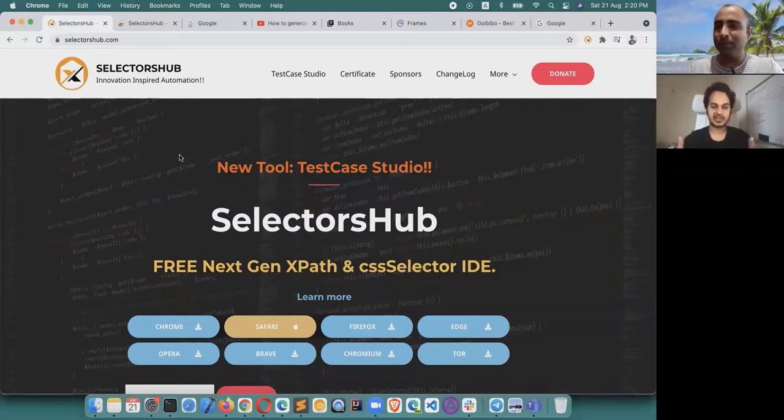This is actually a one-man army, SelectorsHub. I alone work on this, from the design, requirements, development, and testing to everything, with huge community support. People like you come and support on the design side and whatever support the whole community is providing. But on the development side, it is a one-man army. I'm alone working on it.